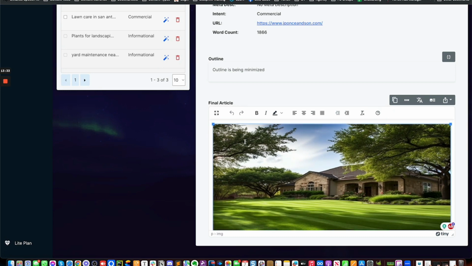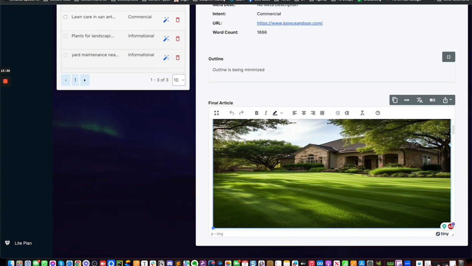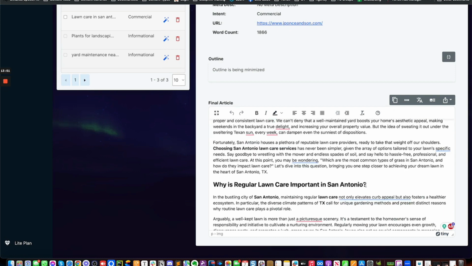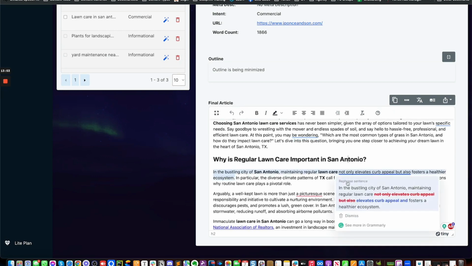For now, for Alpha Launch, we're including a featured image, which comes from Midjourney. We're using Midjourney for all of our AI images. Once Alpha gets launched in about maybe a week, we should be able to have our full Midjourney module embedded into Chadix. And what that's going to allow us to do is to have one image for every H2 heading